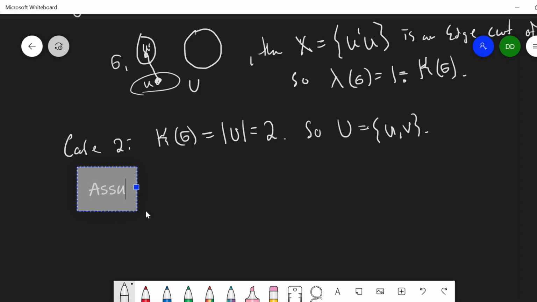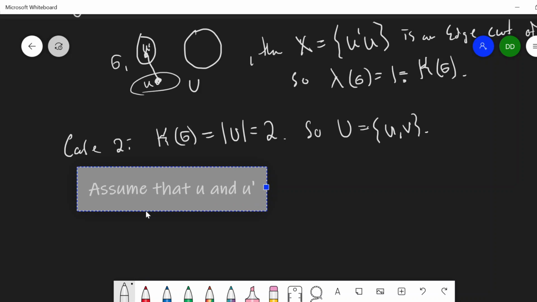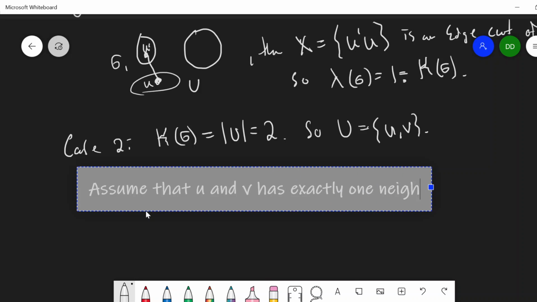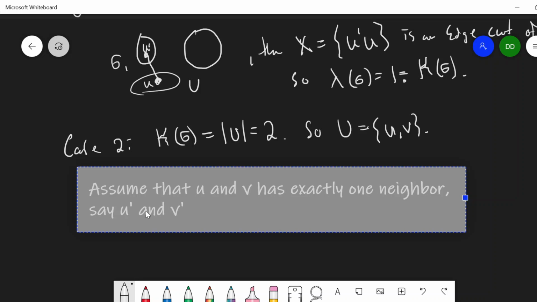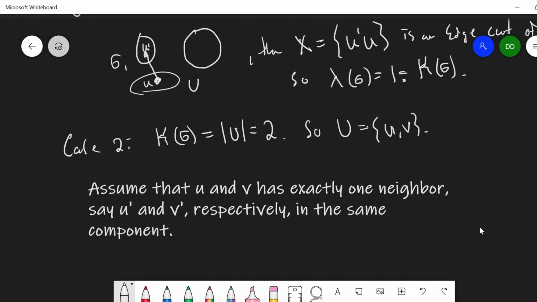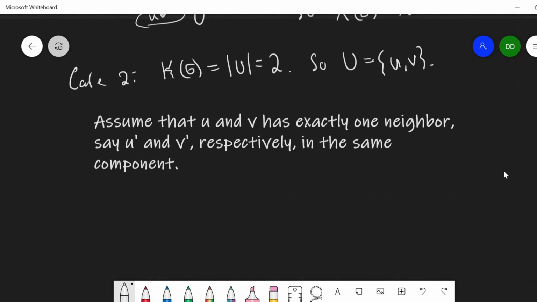In the first one, I'm going to assume that U and V has exactly one neighbor, say U prime and V prime, respectively, in the same component. Right? We know each is adjacent to exactly one vertex in at least one of the components. And so in this sort of subcase, we'll assume that they're adjacent to those vertices, and those happen to be